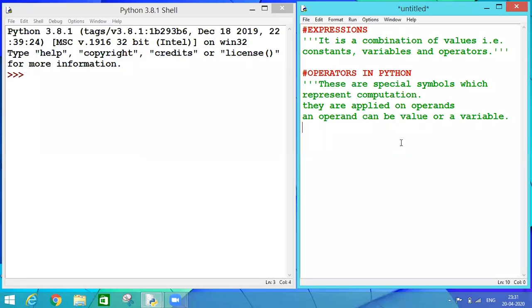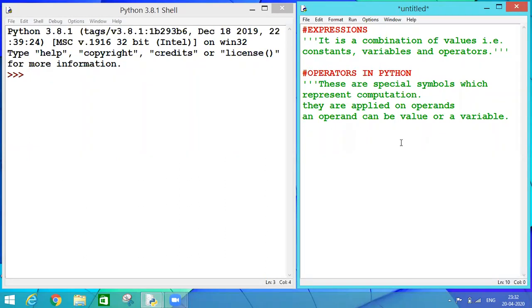Hello students. So in this session we are going to talk about operators in Python. If we talk about operators in Python, then the very first thing which comes into our mind is an expression. We all study expressions in mathematics, which is a complete statement having some values along with some operators.